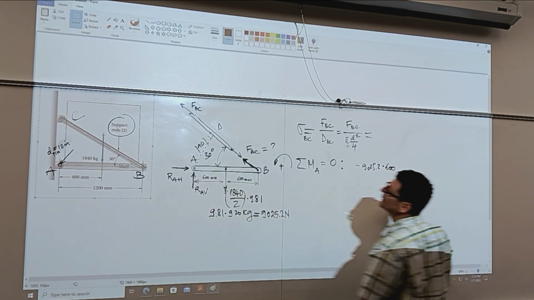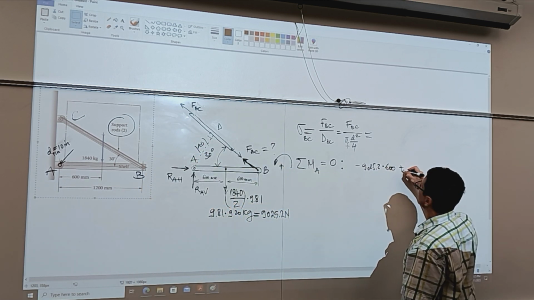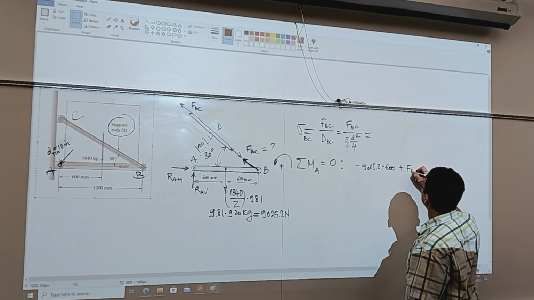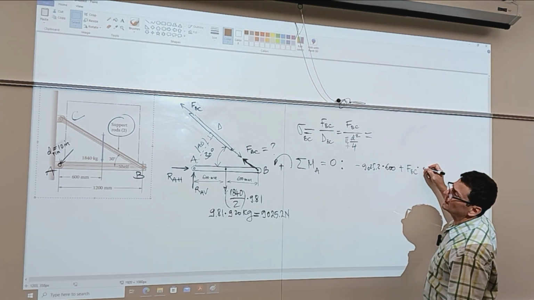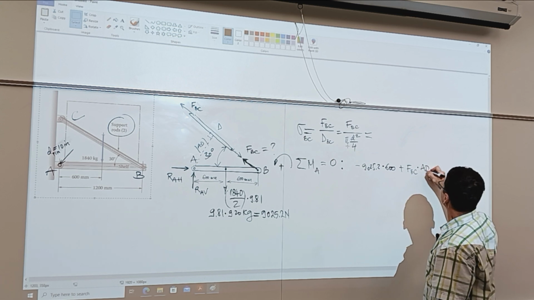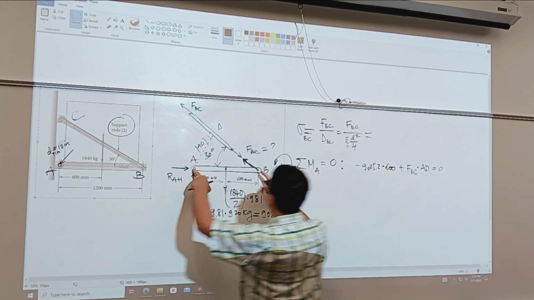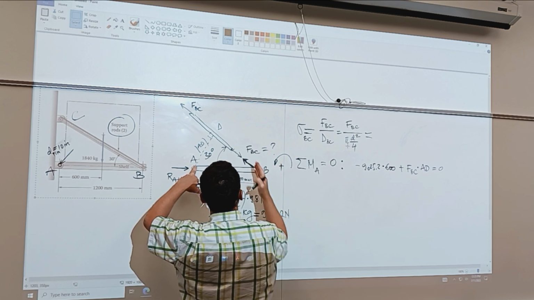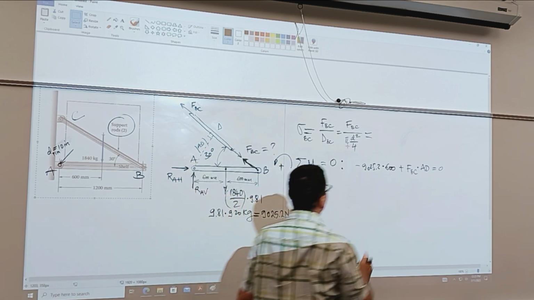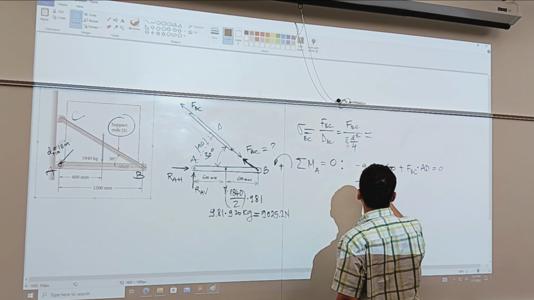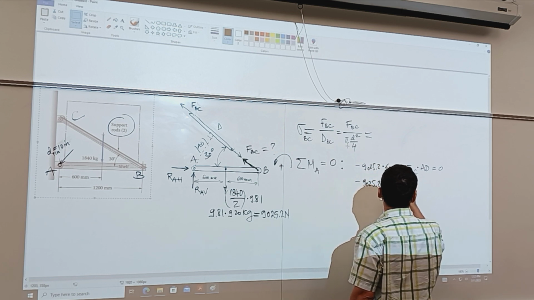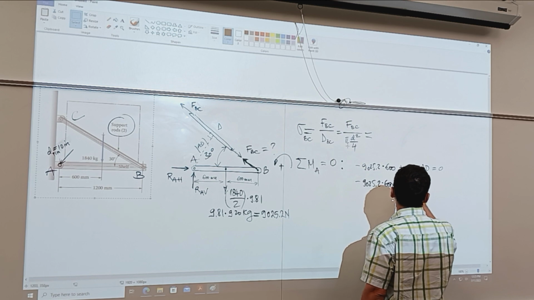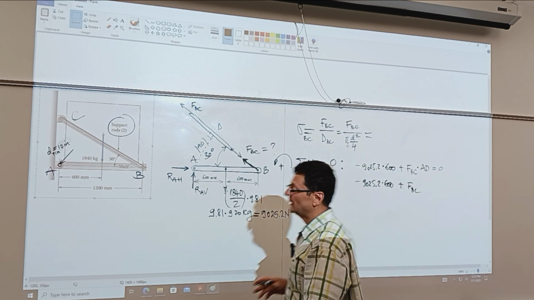All right, so I could go that way. So plus FBC, this is not a preferred way in my judgment, times AD equals 0, and it's causing a positive moment. I assume positive counterclockwise, okay. Or I can say negative 9025.2 times 600 plus will be FBC, and